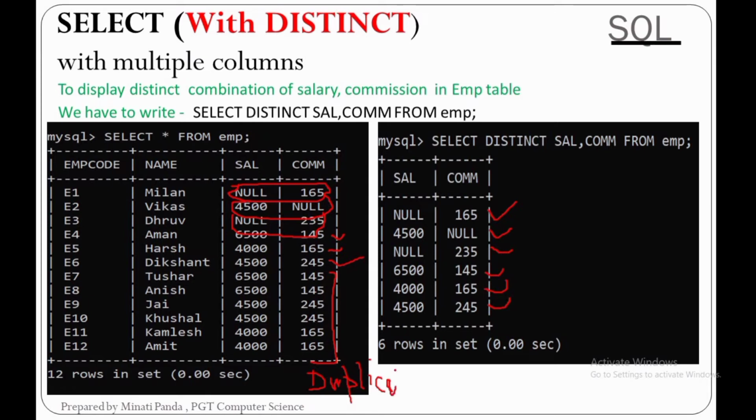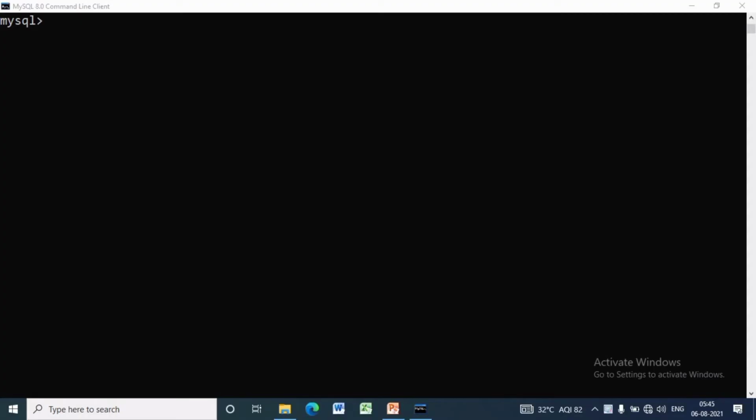Now we'll discuss practically how the DISTINCT clause actually works. Here we will open the employee database. For that we will write USE employee. It will open the employee database.